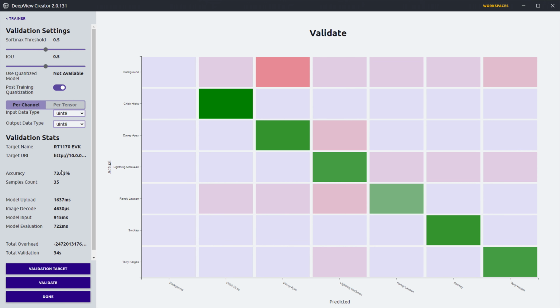And then here we go. Yeah, so there's the 73%, and we see model evaluation still took 722, and then I kind of skipped this before. The model input is just preparing the image for the model, handling the scaling, so the decode. So this image decode will do the JPEG decoding, and then model input will do the scaling to the right